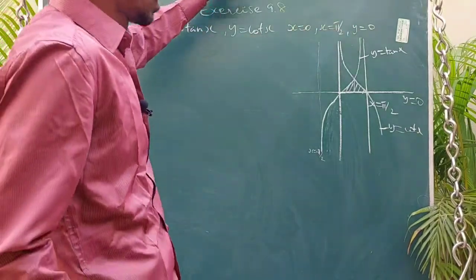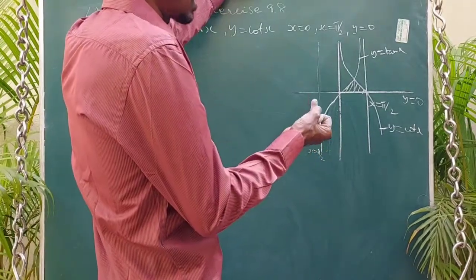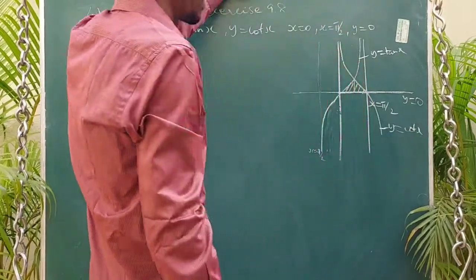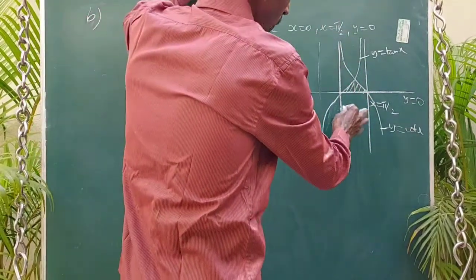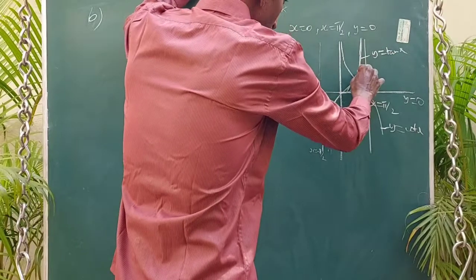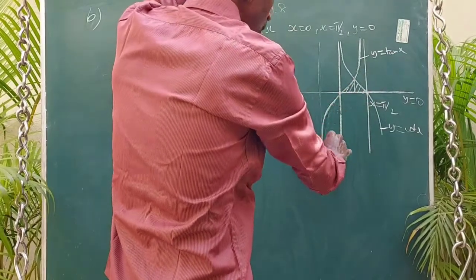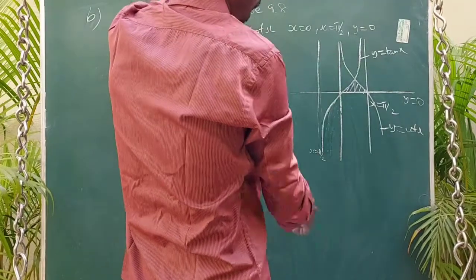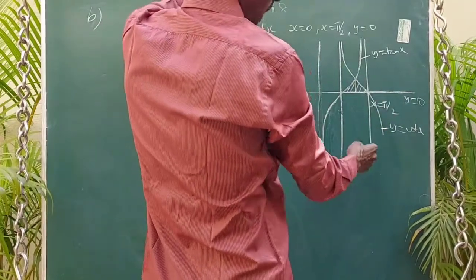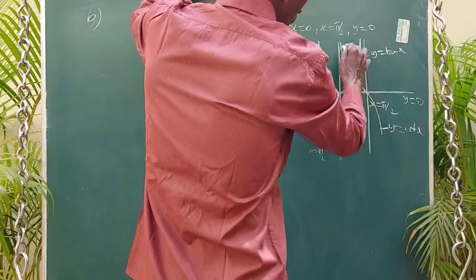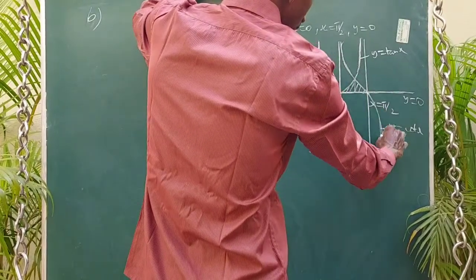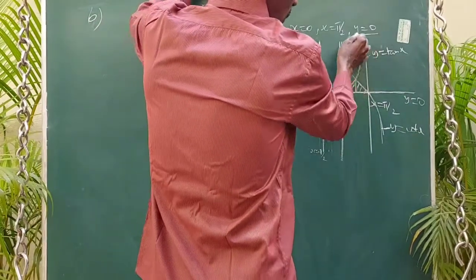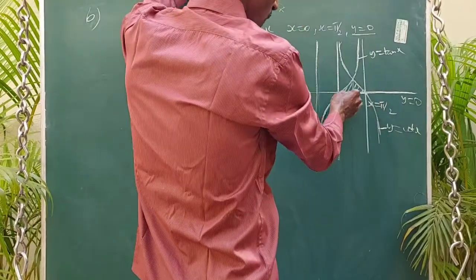Listen, my dear student, the sine curve, cos curve, tan and cot are well known things because they are already present in the 4th chapter. So this is the curve y equal to tan x. It is asymptotic to x equal to pi by 2 and x equal to minus pi by 2, remember it. And this is the curve y equal to cot x, just opposite to that one. Okay, and y equal to 0 means the x axis.